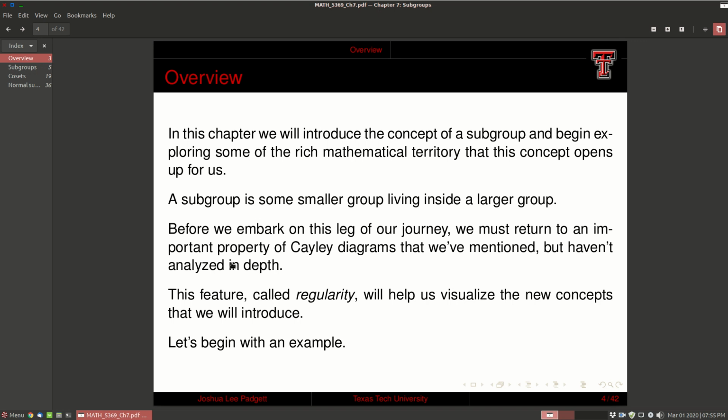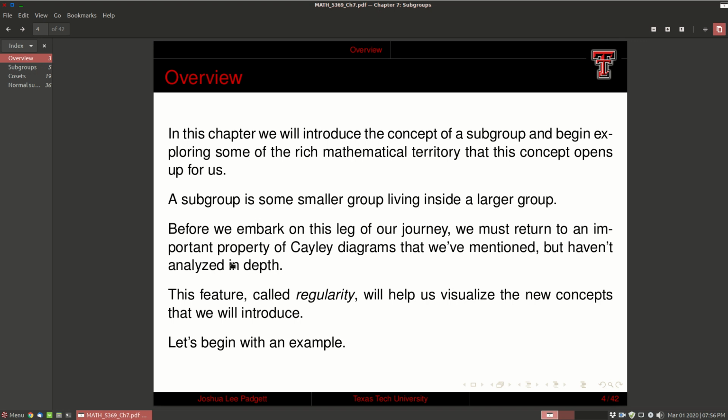So the idea is we can live inside of something that is interesting in its own right, but when we really narrow our focus down, it becomes even more interesting. And so a subgroup is just a smaller group living inside of a larger group. So it is a group in its own right. Really we can think of it this way: the set on which the larger group is defined, a subgroup is going to be a subset of that larger group set. Remember, the definition of a group gives us that there is a set, a binary operation, and